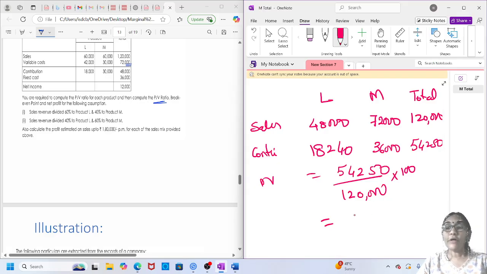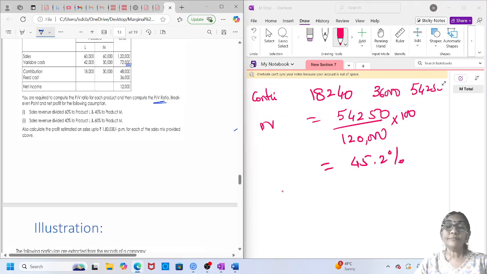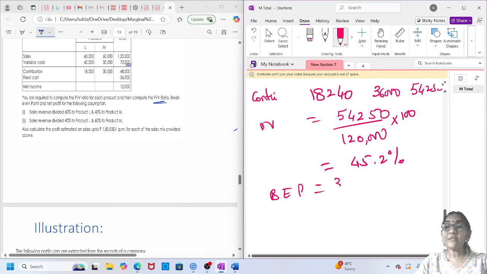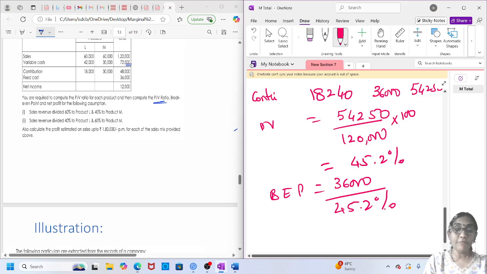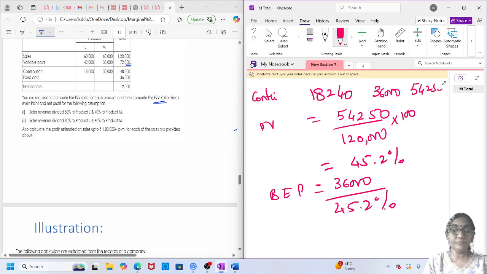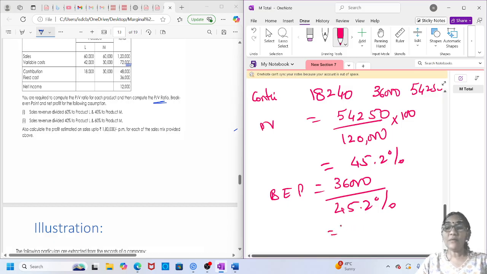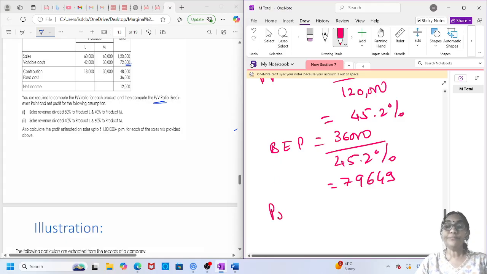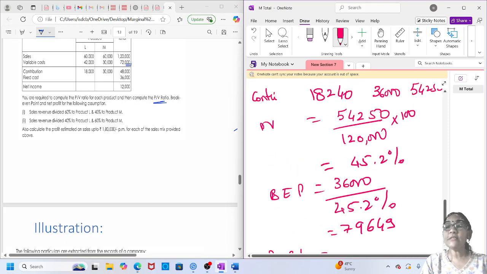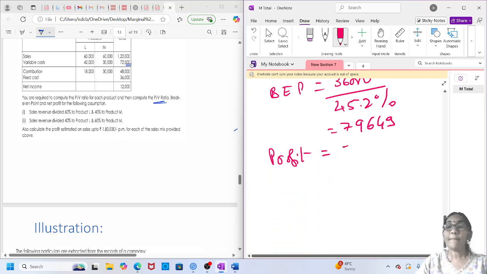So that will be 45.2%. BEP, fixed cost is 36,000 divided by 45.2%, which will give you 79,646, and profit would be, your contribution is how much? 54,250 minus 36,000, that will give you